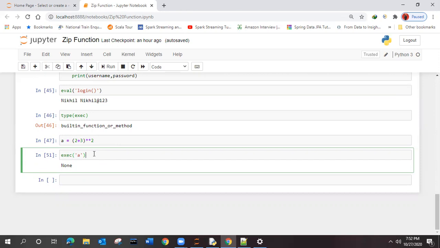Then how are we performing? How is it going to work? It is not giving any signal, but it is performing. But we need to get the output from what it's performing, right?